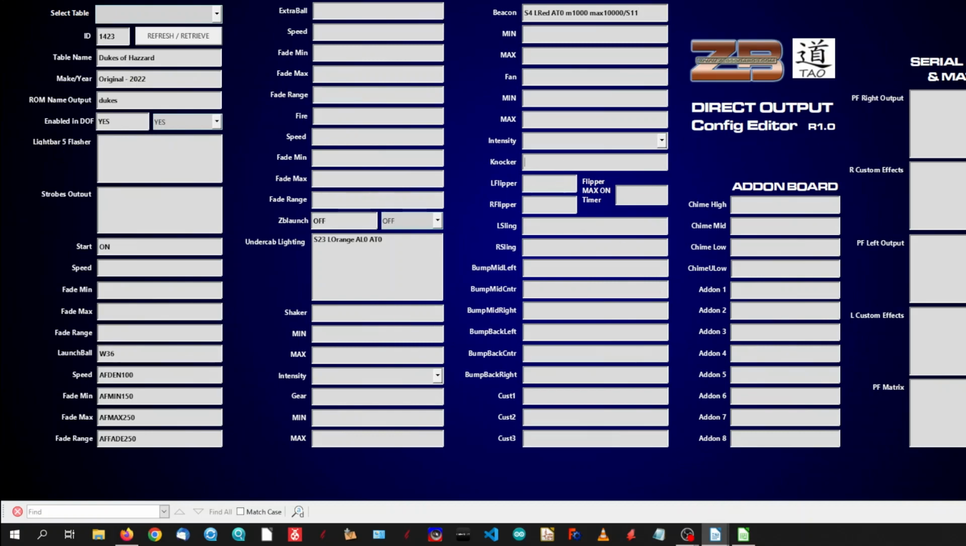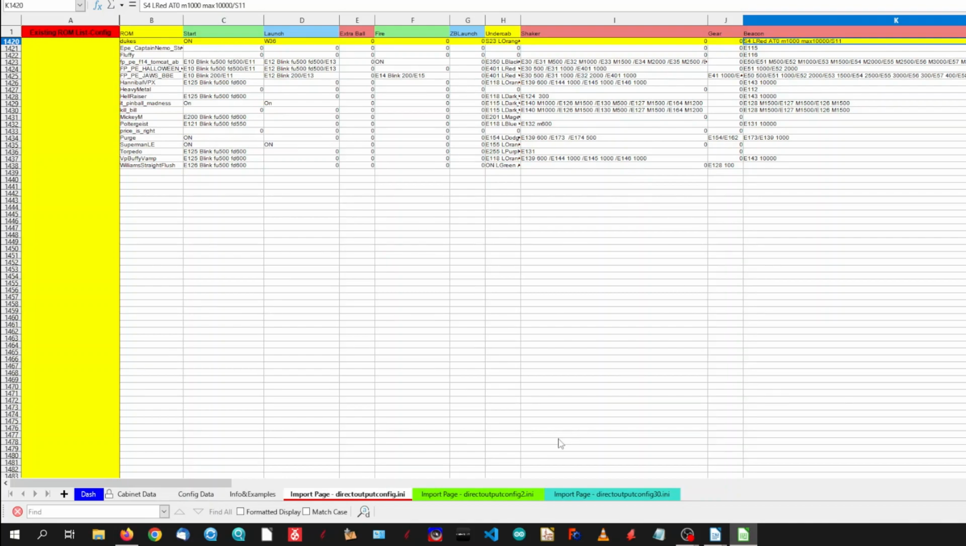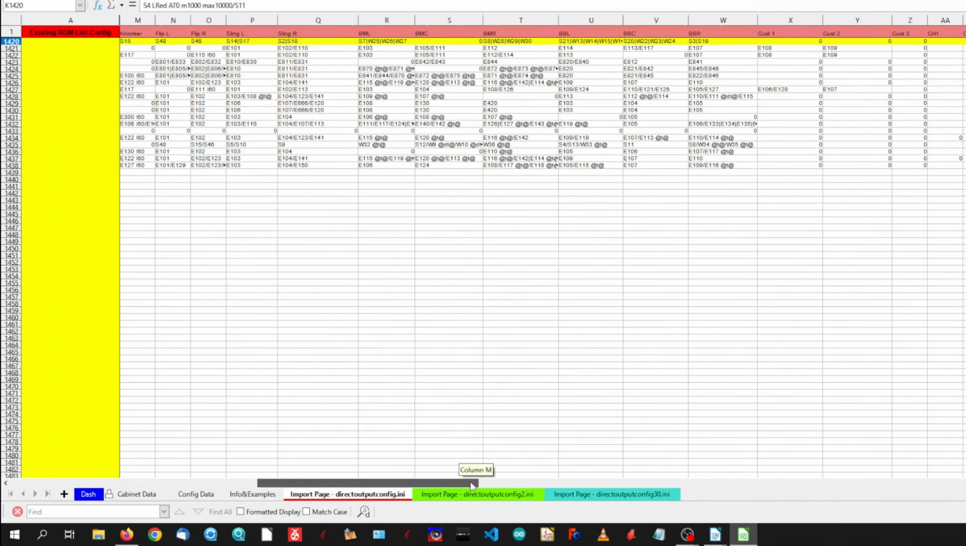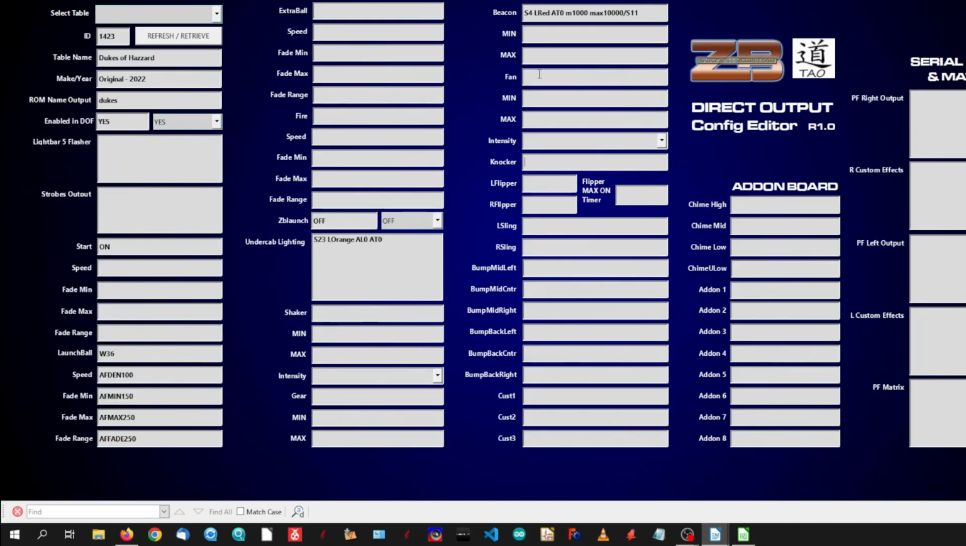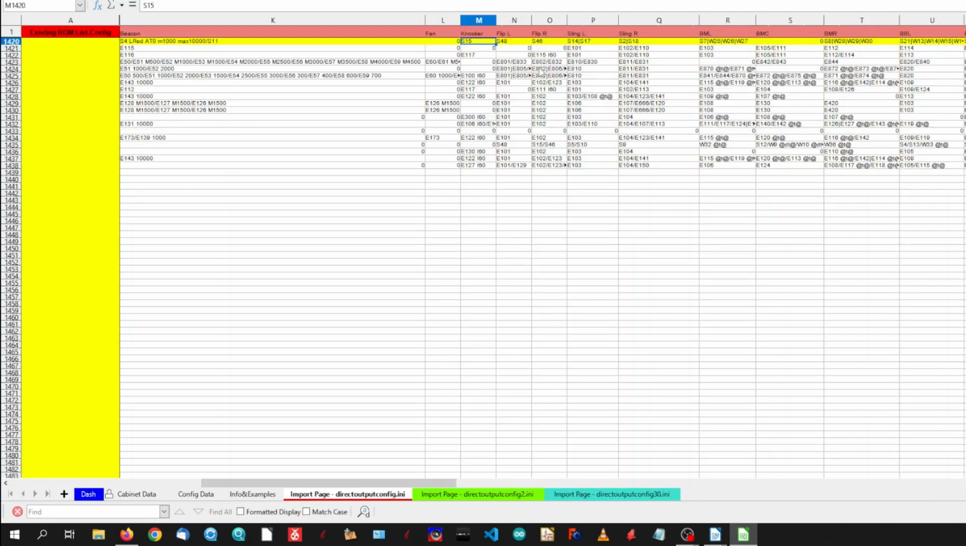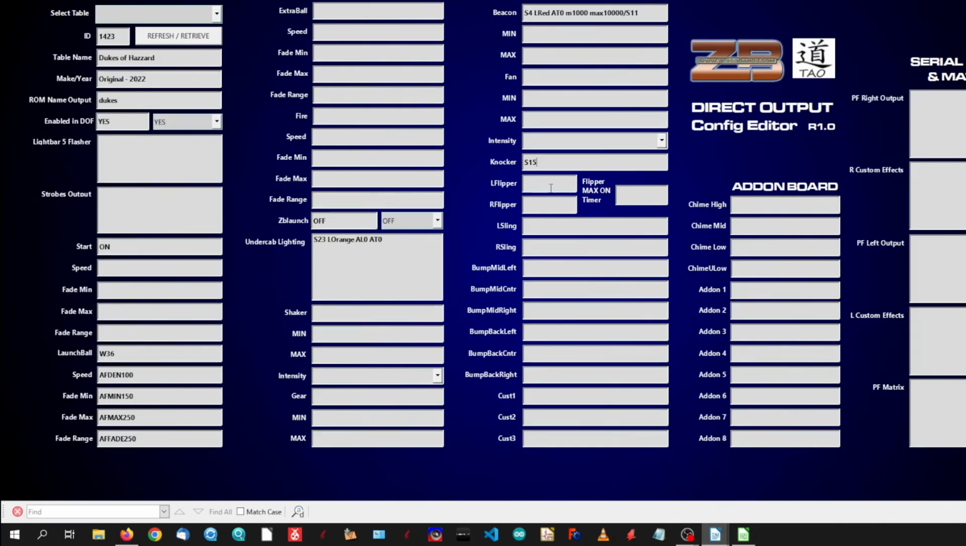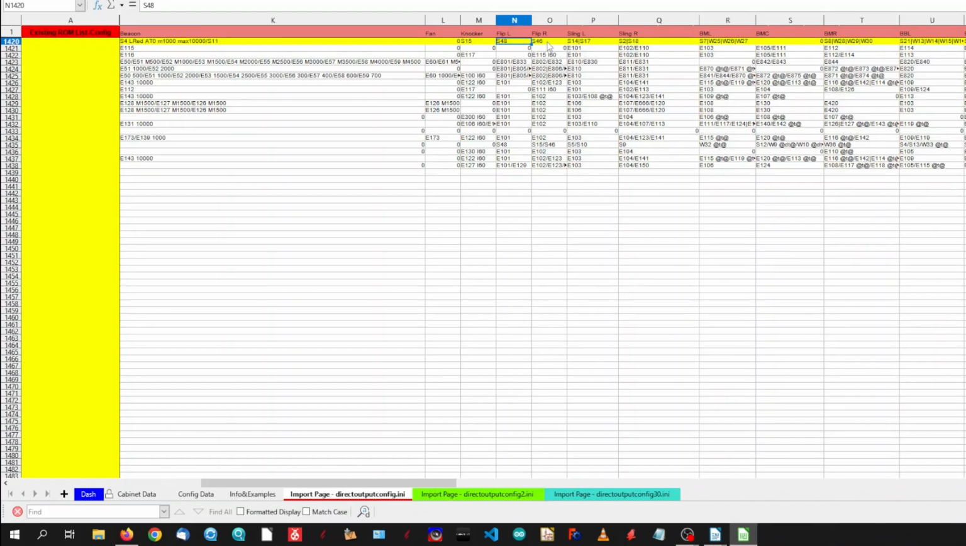We can come down to the knocker, come across to the knocker entry, and we see that it's S15, so we can copy it and we paste it. We come over to the flipper, same thing. For the flipper left, we copy, we paste. For the flipper right, we copy,